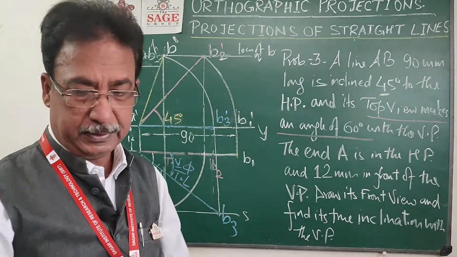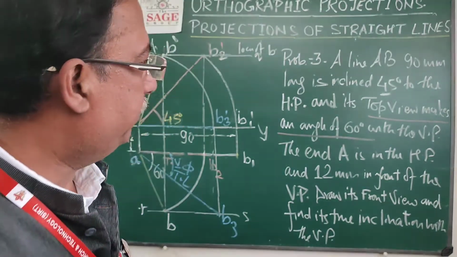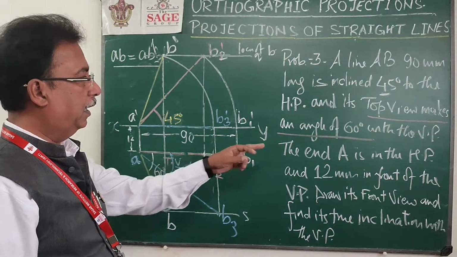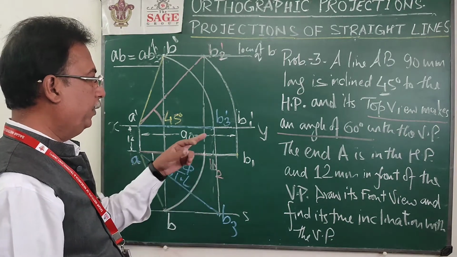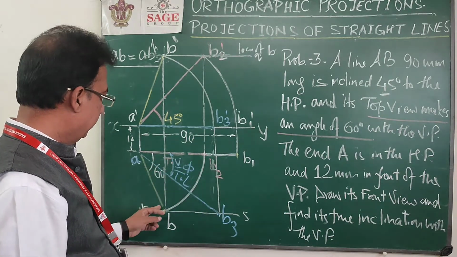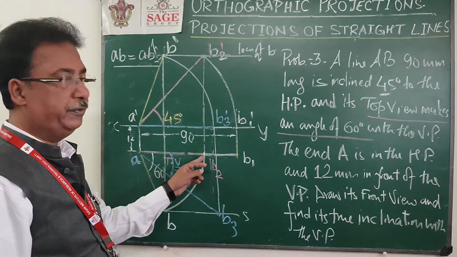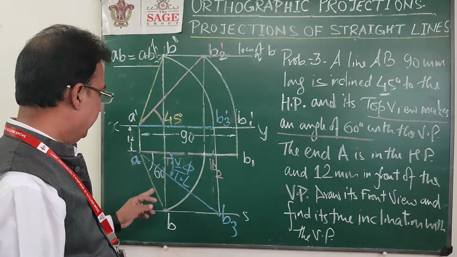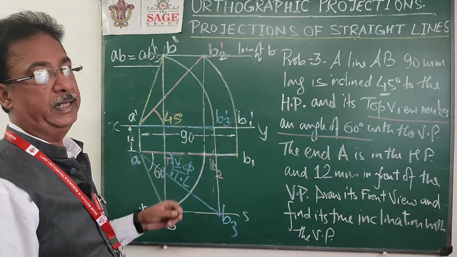तो अगर मैं सेकेंड स्टेप को फिर से देखूं तो सेकेंड स्टेप में मैंने क्या बोला कि मैंने लाइन को HP से इंक्लाइन करके मुझे टॉप व्यू मिल गया था. अब मुझे लाइन का टॉप व्यू का एंगल मालूम था, तो मैंने 60 एंगल पे A से लाइन ड्रॉ की और उस पर किसको शिफ्ट किया, फाइनल टॉप व्यू को, and we got the final B, AB मिल गई, AB से A डैश B डैश मिल गया.